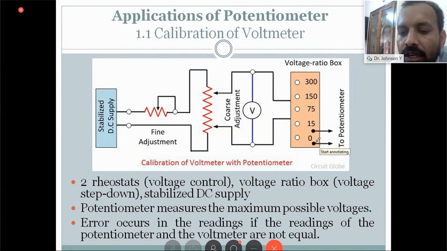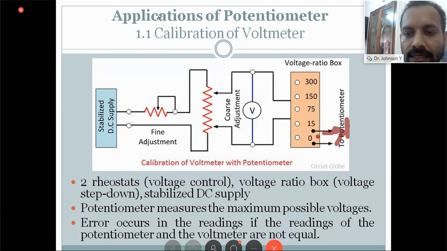And then we move to the potentiometer circuit. Here we change the potentiometer settings, the slide wire resistance, which is not shown in the figure, in such a way that this reduced voltage is equal to that value. Then we can compare both and see that both voltages are equal. In that way, it is calibrated.